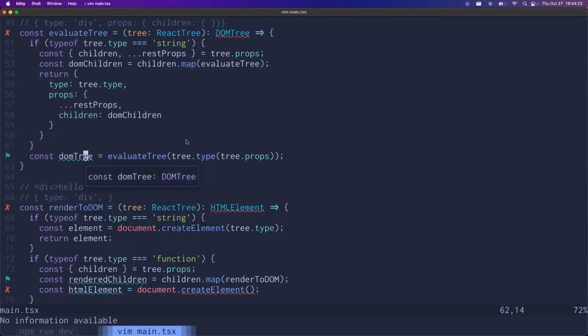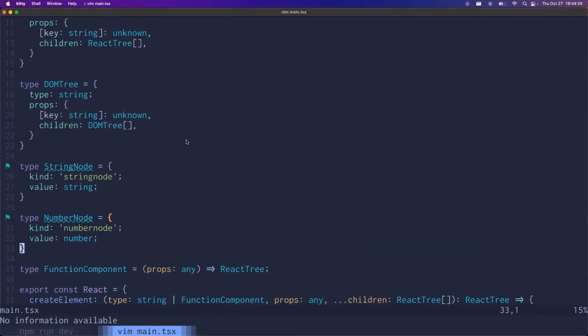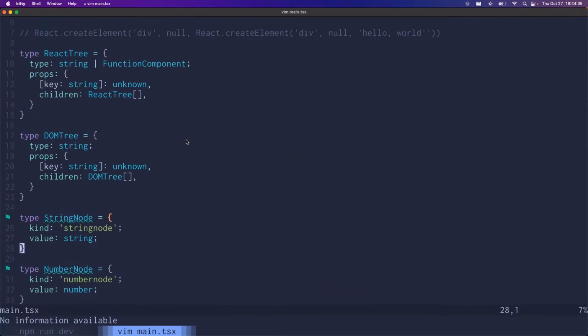So now we'll have a DOM tree. Does anyone have any questions about this? I know it's been a little shaky here and there. Yeah, sure thing. It's the same as the one for the React tree, except we don't allow there to be